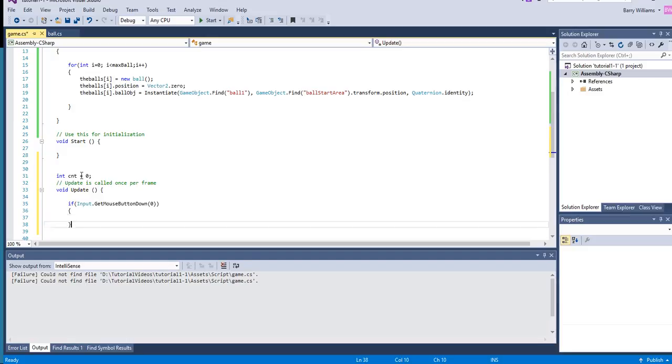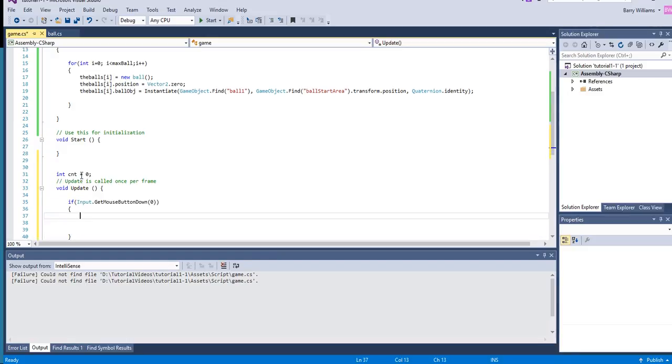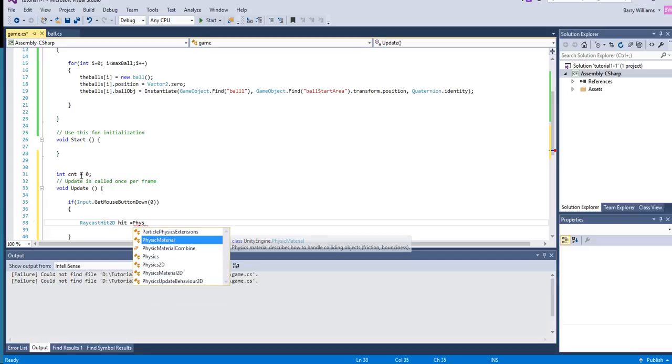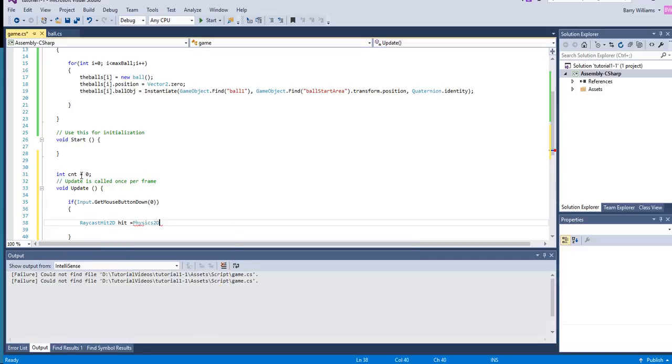Alright, so if the mouse button is down, we're going to do this. So we're going to do RaycastHit2D because it's 2D stuff. We're not doing any 3D stuff. Alright, so Physics2D.Raycast